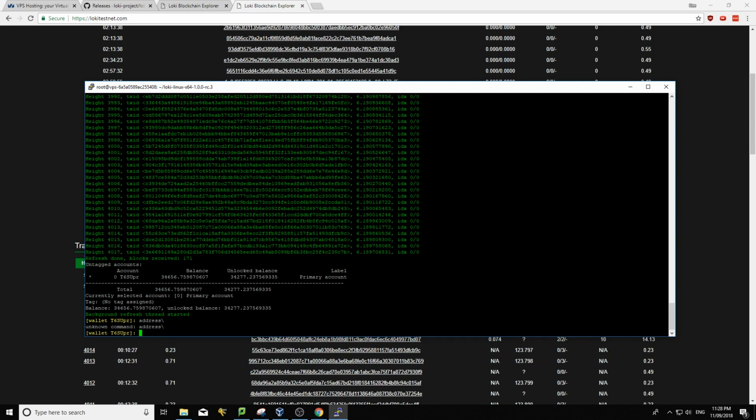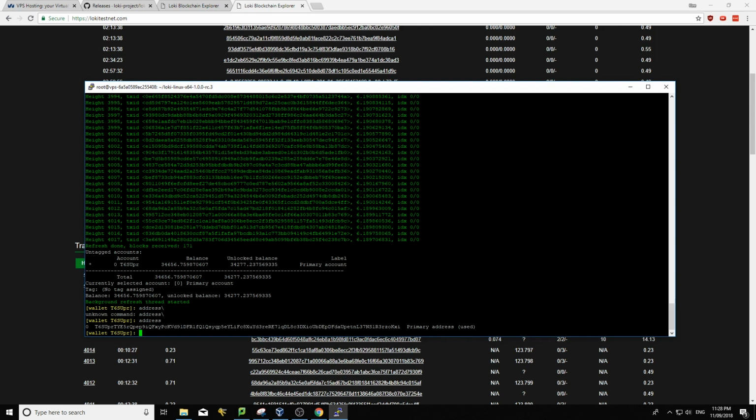Address. So this will tell you your primary address, and this is something that we're going to need to use in the staking command. I will show you before we go on how you would restore a wallet